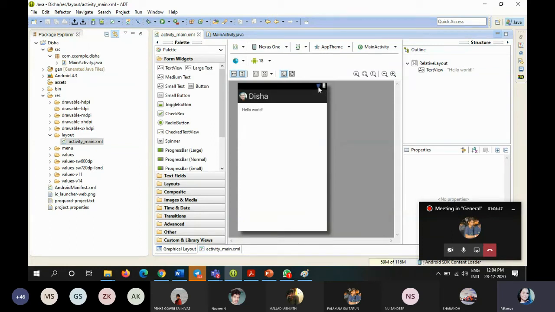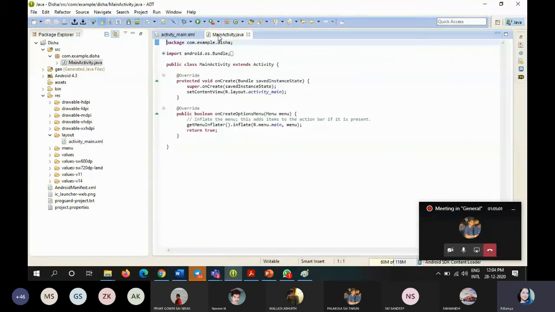See here, at the top in blue color it shows the signal, charge, everything. If you want to create any graphical user interface, you go with an XML file. For example in Gmail, if you click on sign in, your account will automatically be logged in, so that particular action will be performed in the Java file.